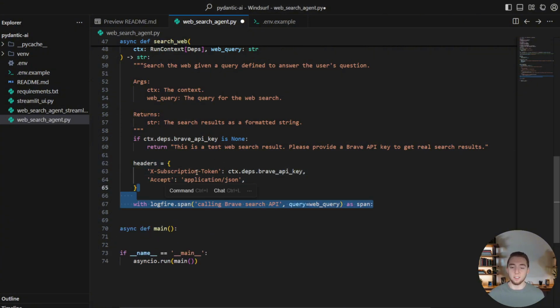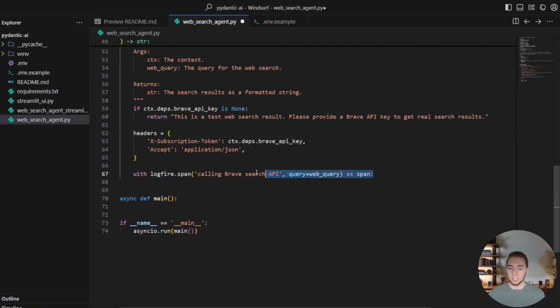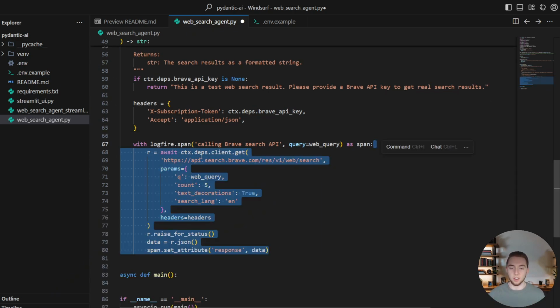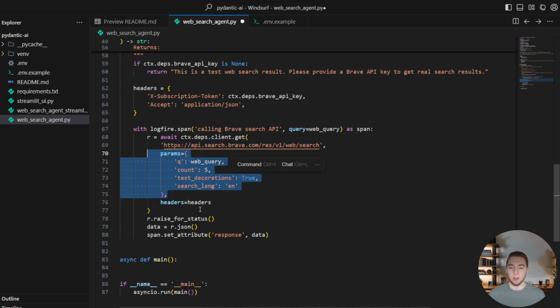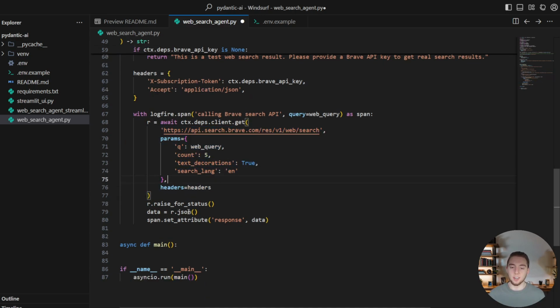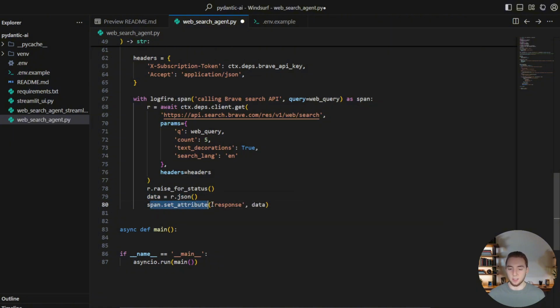So we define the headers, and then we start a section of Logfire here, so that we can have this dynamic logging and we can have these different sections to see, oh yeah, this is the section I click when I want to see what happened in the tool call to Brave. And within this Logfire span here, we are going to use the client that we have as a part of our context, this HTTP client, to call the Brave API with all the parameters and headers with our API key that we need. And then we just get the response and then finish off this section of our Logfire